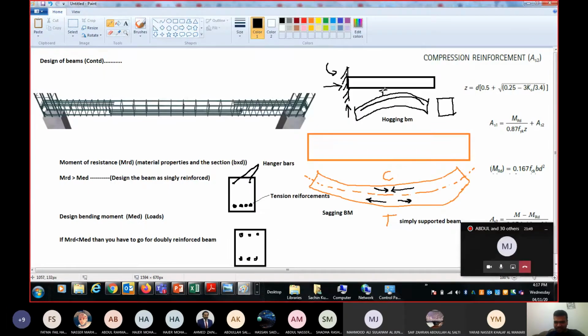Here the tension will be at the top, compression will be at the bottom. That means when you're designing, you have to design for that. If it is singly reinforced, the formulas, everything will remain the same, but you design the main bars at the top, because there the concrete is weak in tension, so you provide steel reinforcement. On the other side, if it is a cantilever, you provide hanger bars so that later you can join them with a stirrup. Everyone fine? Everyone okay? Yes, sir.